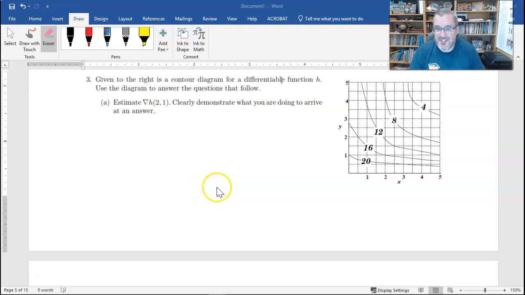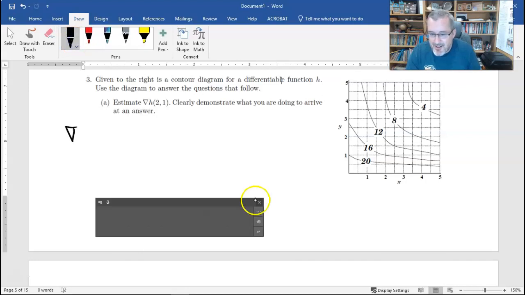So I love this next section because it just really makes you think about what you're really doing when you find gradient vectors and directional derivatives, but in the context of a contour plot. No context, we're not interpreting anything. It's more of an exercise of just thinking about these concepts. So remember, the gradient vector,